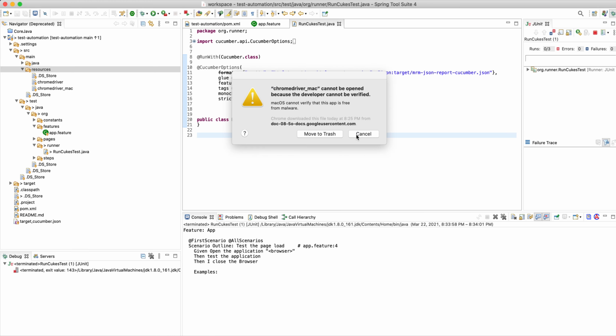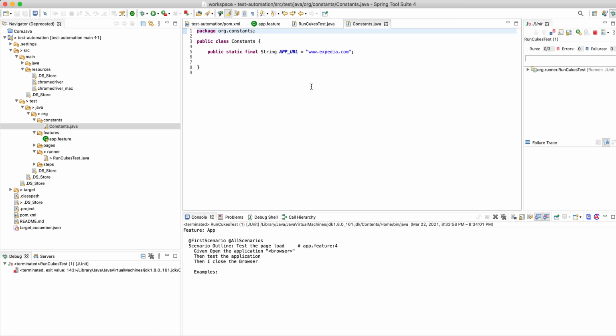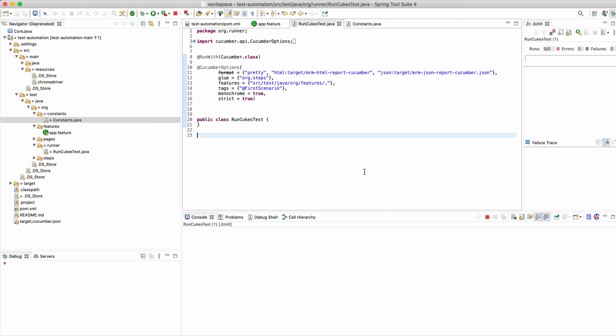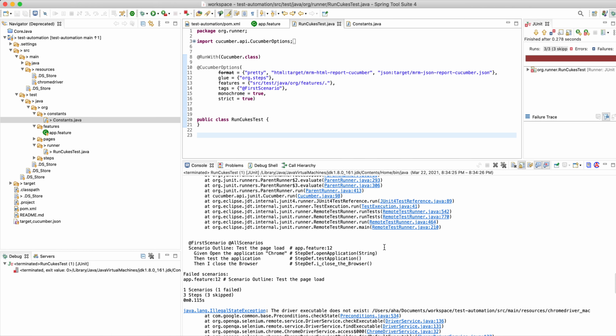Okay, hold on. What is this? Before I go there, I want to check this is target, right? The first scenario should run in target. Okay, there is some issue with my driver. Let me fix that. But in your case, it will work.